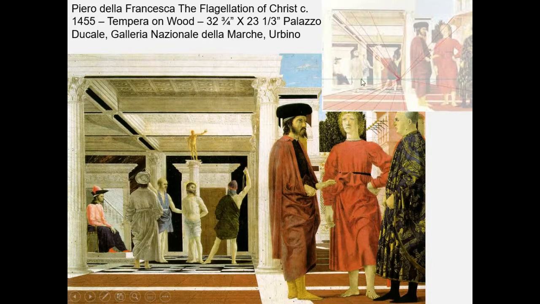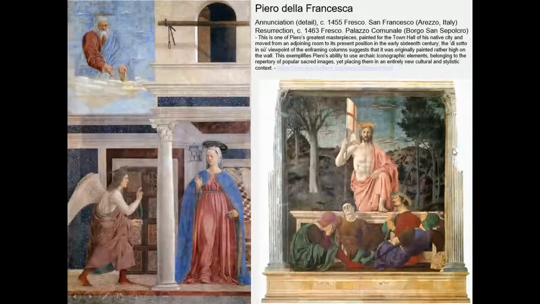The line that you see here in blue is your horizon line. That translates essentially to your eye level. And then anything that would be parallel to that is going to retreat toward the same vanishing point on the horizon line. So Piero della Francesca is really well known for these narrative paintings, biblical subjects, and this kind of